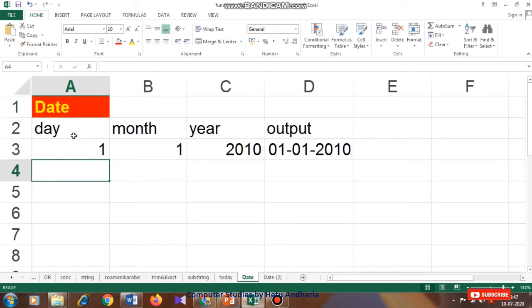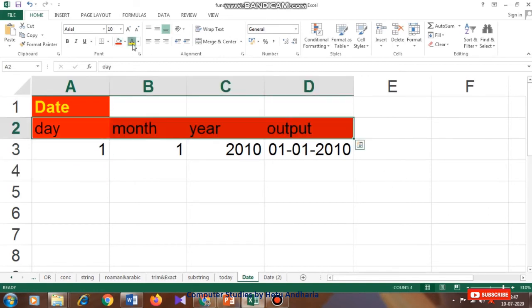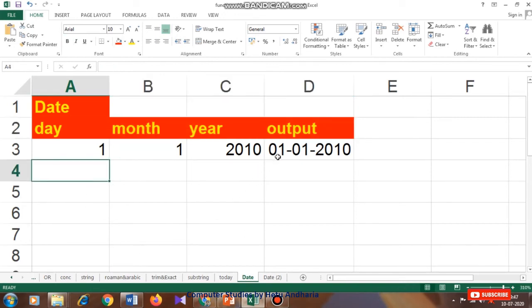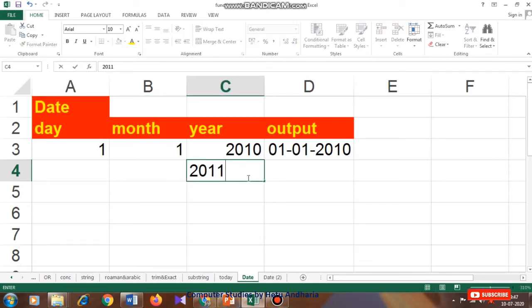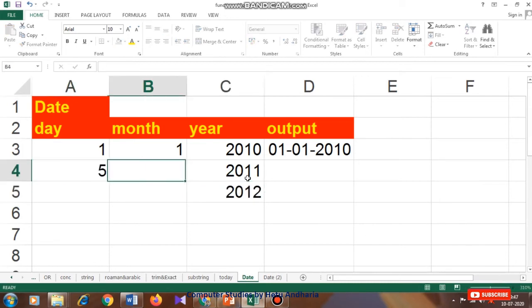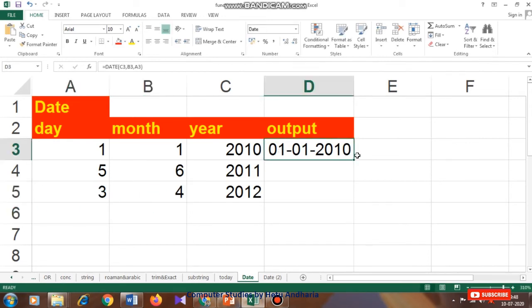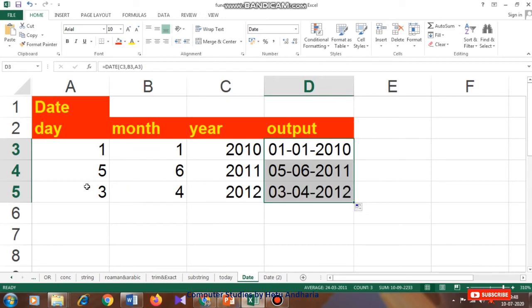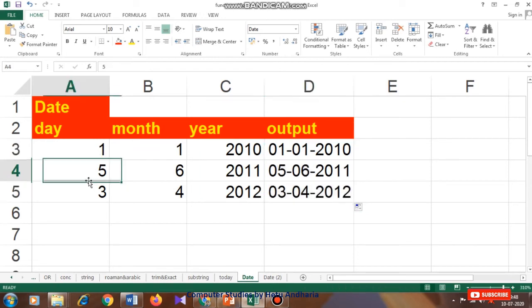Now as I told you just now when I was explaining, it is not a useless function. For example, if you want to note down some special dates, then instead of typing those dates here, you can type here, for example, so and so year and so date, right? And then you can use this function. So here you are just typing the numbers, that is the day, this month, this year, and here it converts it into a proper format.